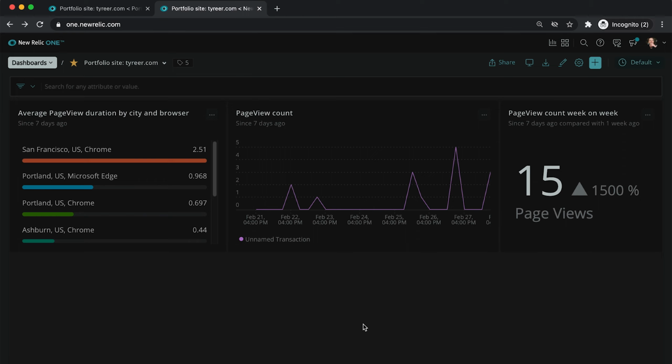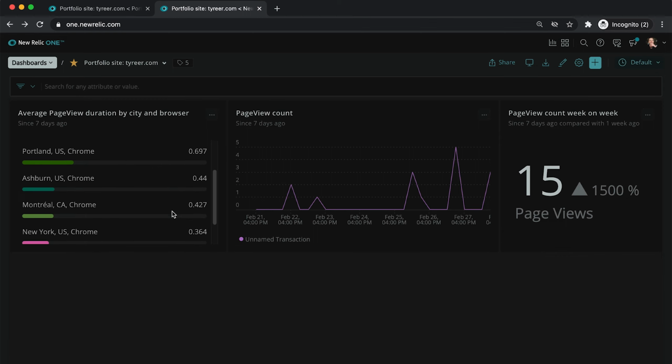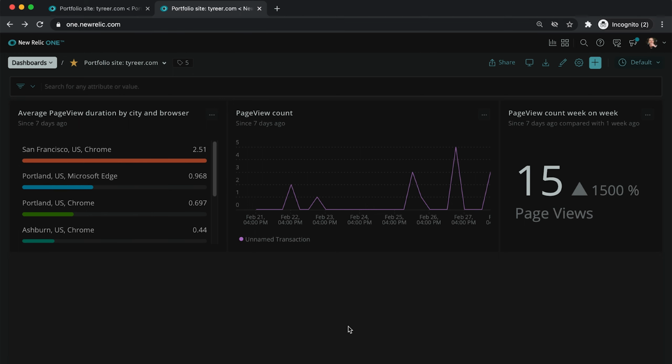personal portfolio site. And in particular, we're going to try to get a different view on the data that's coming through and currently being rendered as a series of bar charts here. Right now, this doesn't provide me quite the at-a-glance view that I want for this set of data. So let's see if custom visualizations can help.